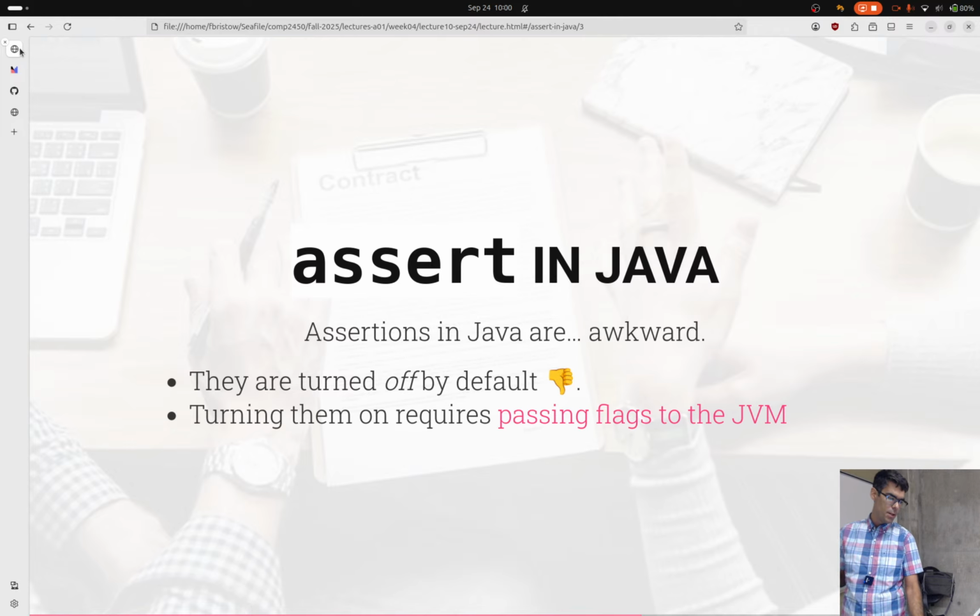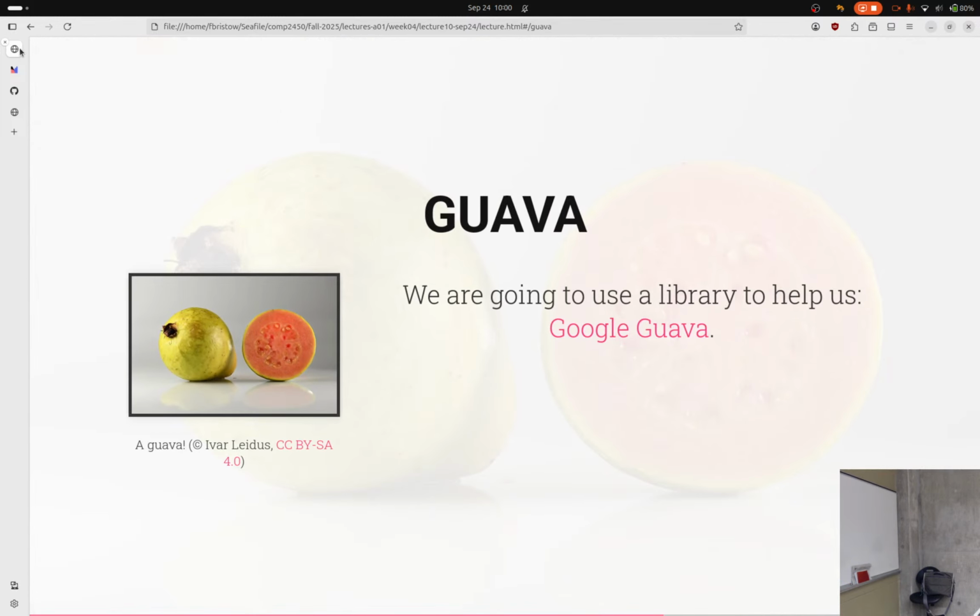I don't really want to have to pass flags to the JVM in 2 different ways as part of this course. And so instead, what we're going to do is use a library to help us with this. The library that we're going to use is called Google Guava. I put links in the course webpage for today's lecture to 2 different Google Guava